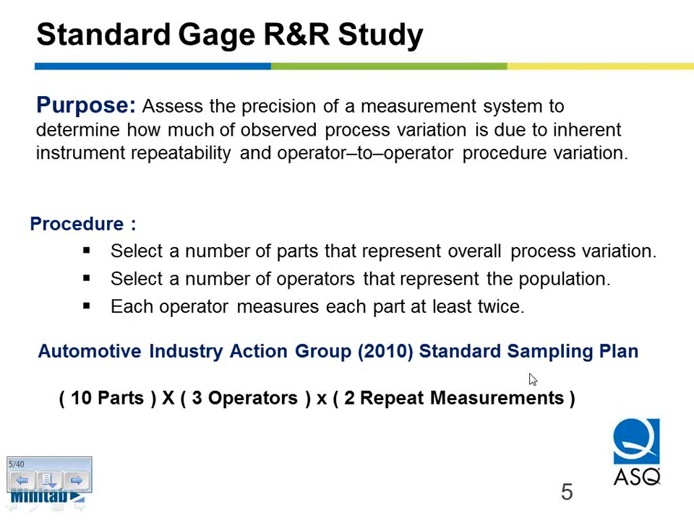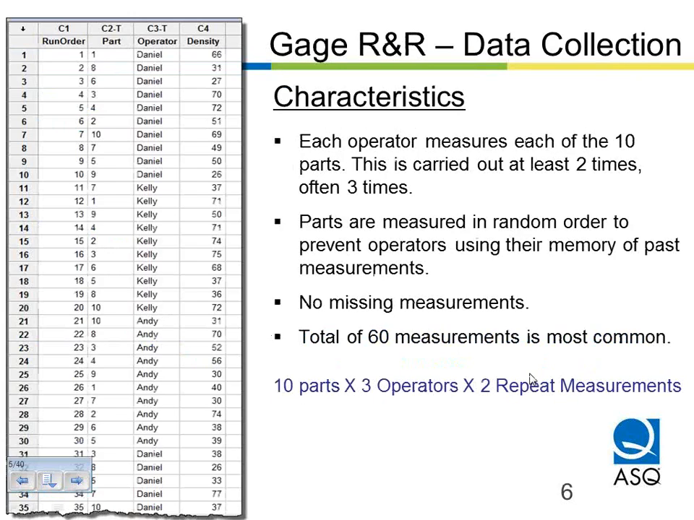And then the fourth component of variation would be how much part-to-part variability you have in those 10 parts that you chose to run your study with. So that's a summary of a standard gauge R&R. If I could reiterate that, if we look at a data set for a standard gauge R&R, here